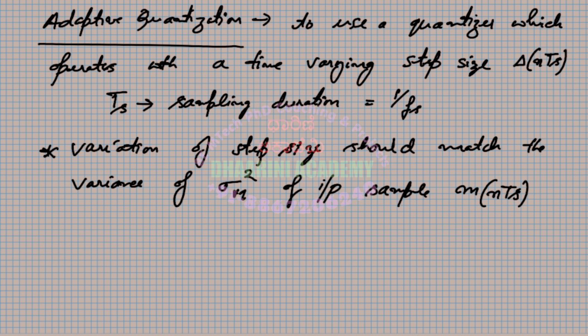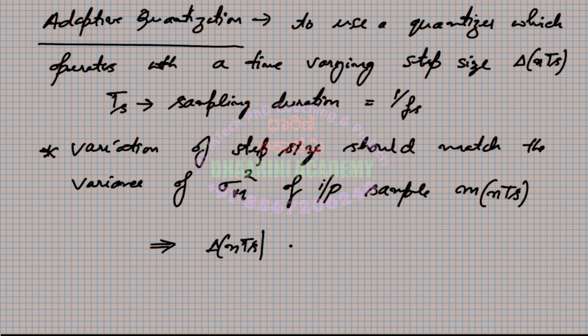This m of nTs has a variance denoted by sigma m square. That sigma m square is the variance of the step size as well, because we are trying to write the delta of nTs in terms of this. So again, this is coming from mathematics. Therefore, the equation that we can represent here is the delta of nTs, the step size variation at any point of time nTs, should be